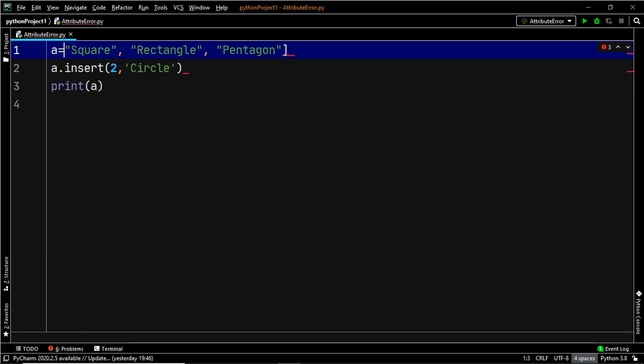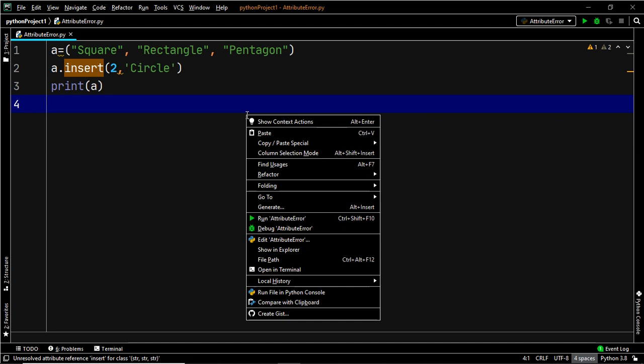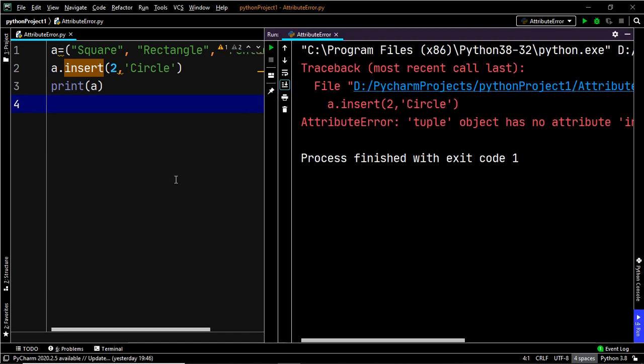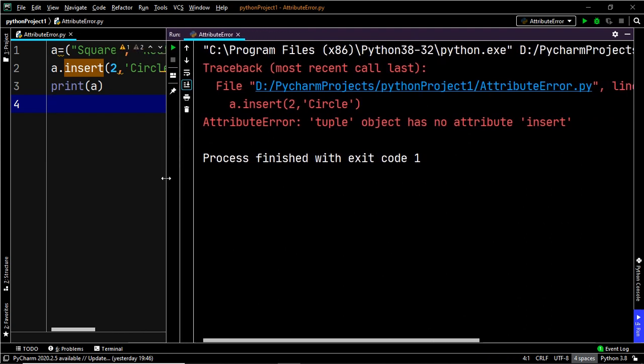Suppose A is no longer a list and this time it is a tuple, and we try to use the insert attribute with our tuple A. Let's run our program. And there we go, we have an attribute error which says tuple object has no attribute insert. I hope this gives you an idea about when you get an attribute error.